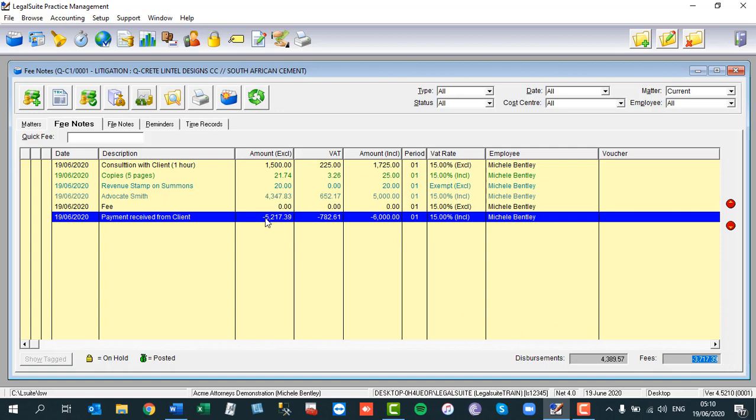So you could manipulate the amount incoming. So let's say, for example, the full amount incoming was 6,000 Rand, 1,500 Rand went to fees, and the balance of 4,500 Rand went to disbursements. Okay, you would have to put them in as separate payments because, as you can see, that 6,000 Rand was